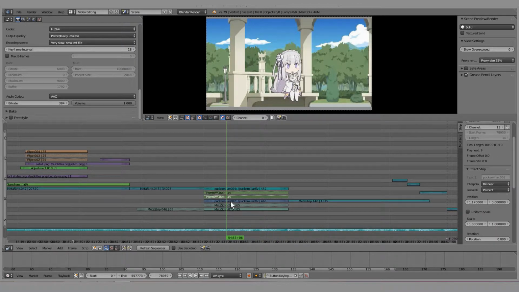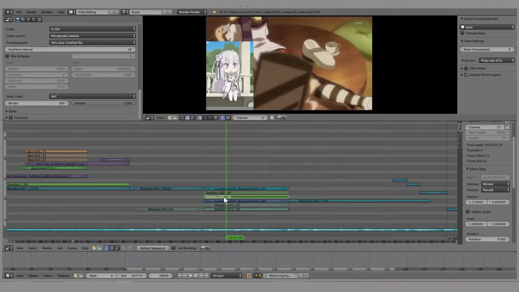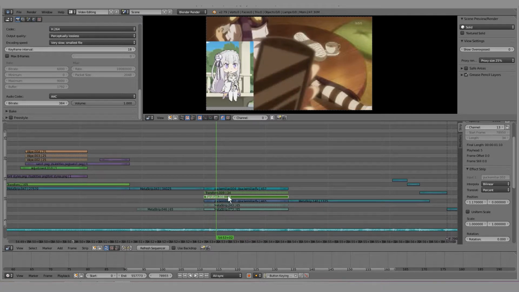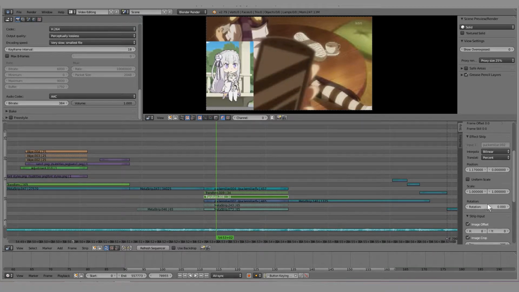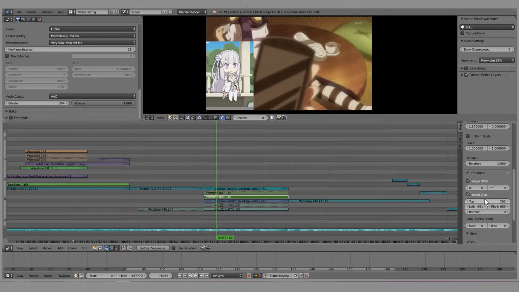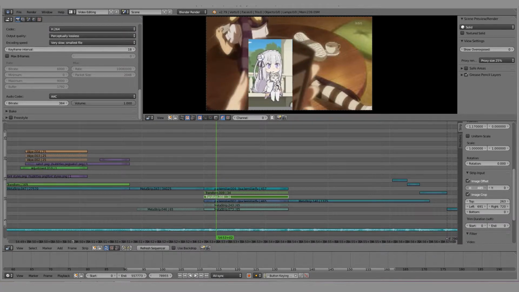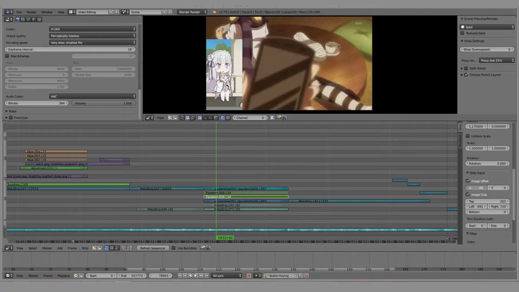Well, first thing you want to do is apply a transform layer to this thing here. So I did that there. I'm just going to unmute that. And on that transform layer, basically I applied a crop again. So again, it was a crop all over the place. So I'm just cropping it to the corner here. If I do image offset here, I could do image offset via this. But what I chose to do,